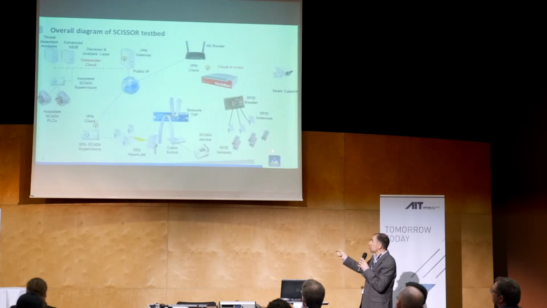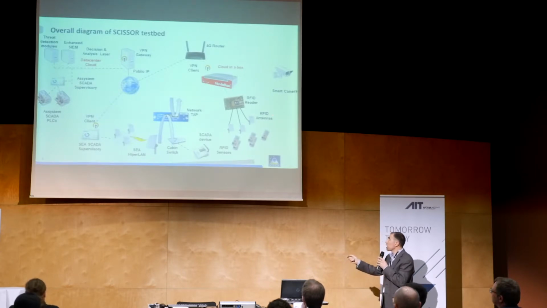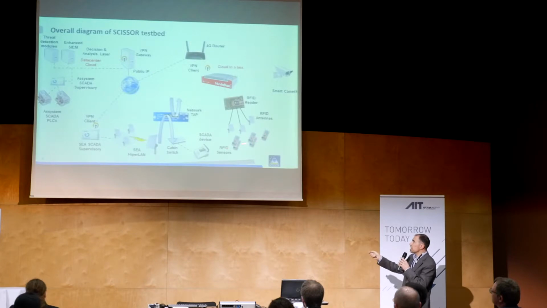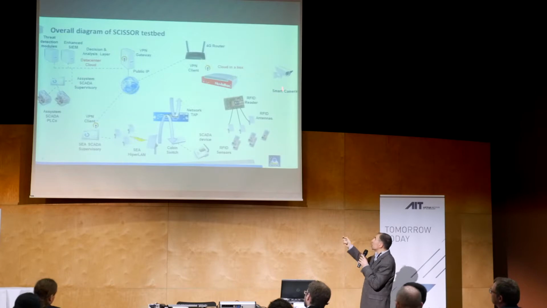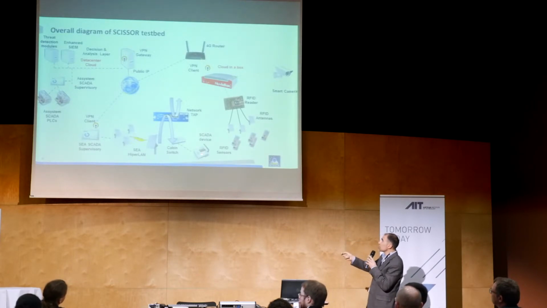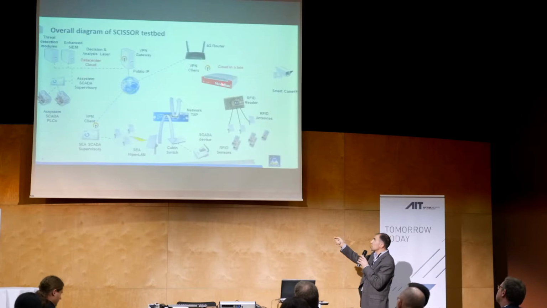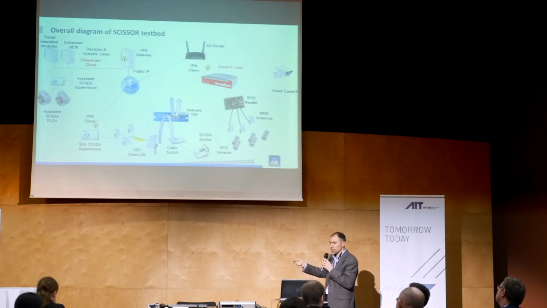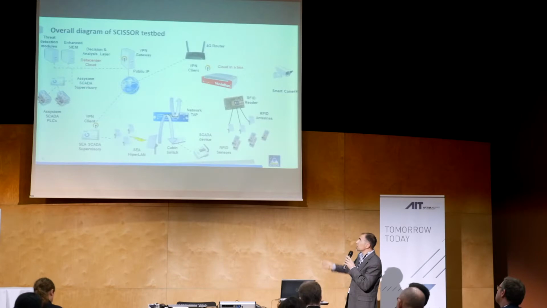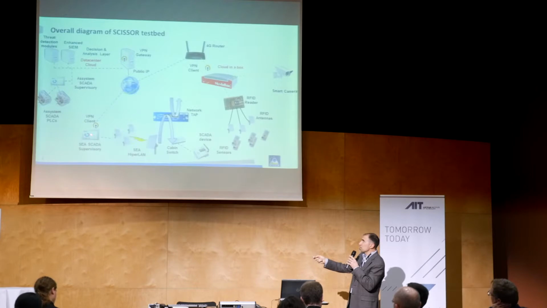What I show you in the cabin is in this part of the picture. So there are the sensors for environment value. There are the smart cameras, and there is the network monitoring, which is controlling the SCADA traffic. And here is the cloud in a box device in which we put all our software that is needed to control all these devices. And the system is talking with the SCADA supervisor through some wireless connection.